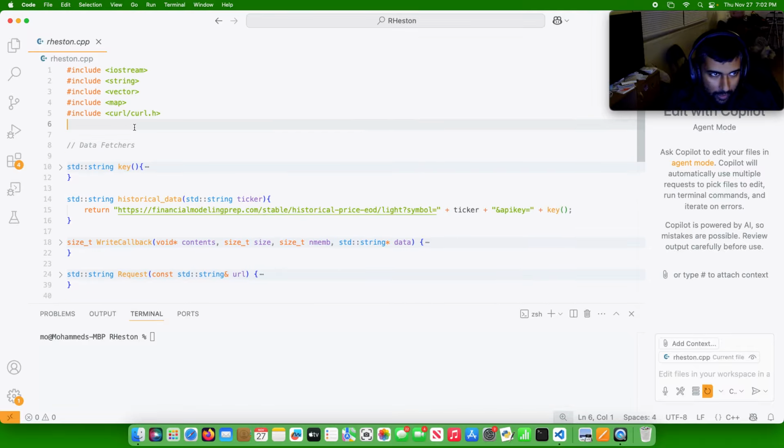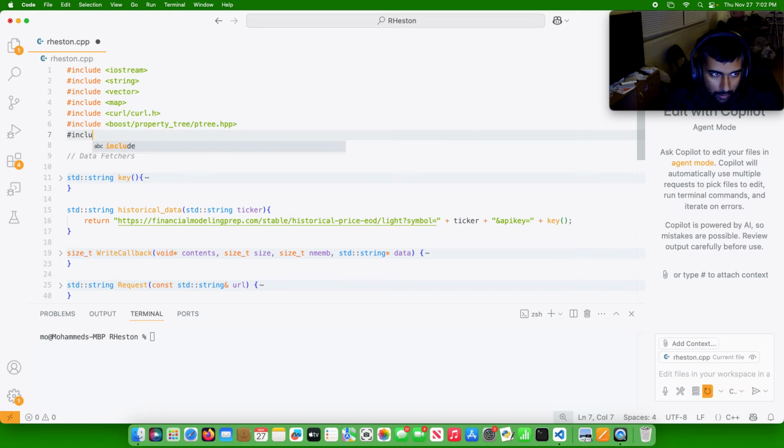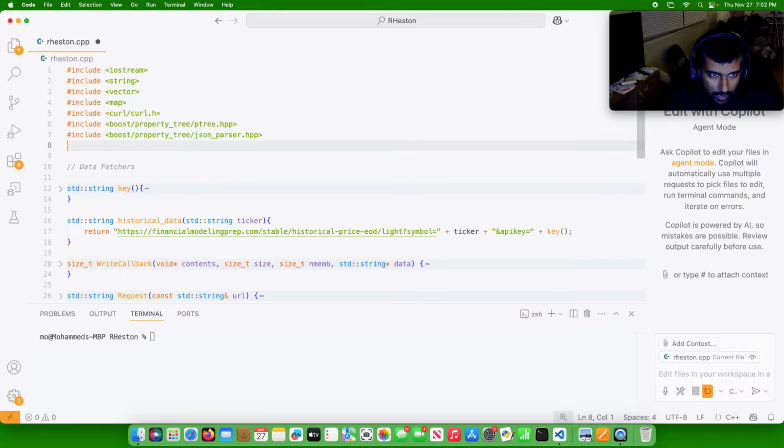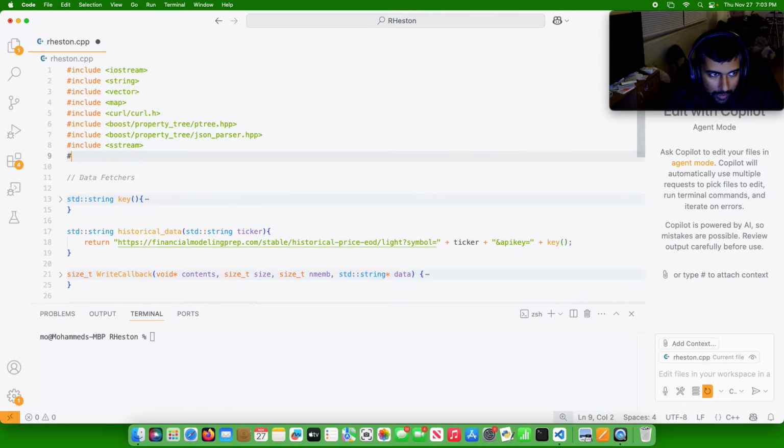In order to do that, I need to add some libraries. So I'm going to include boost/property_tree/ptree.hpp, include boost/property_tree/json_parser.hpp, include sstream, and then include algorithm. Okay, so